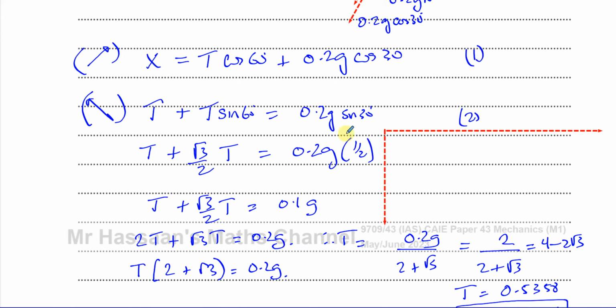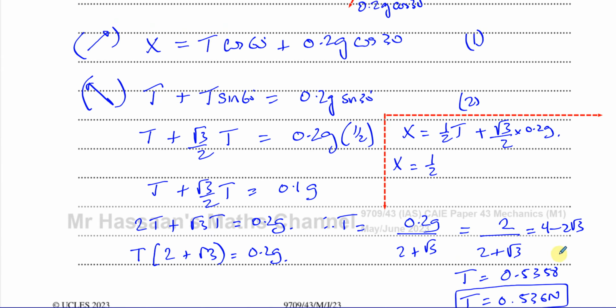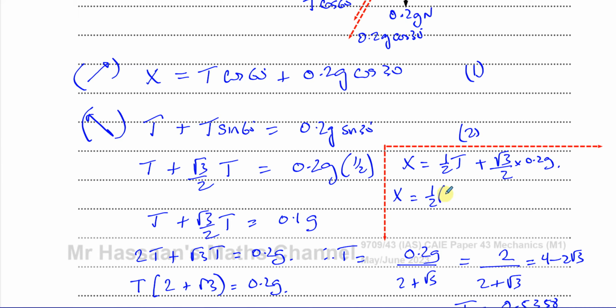So I've got x equals t, I'll just keep it as t for now, t times cosine 60. Now the cosine of 60 is a half. So it's going to be a half t plus 0.2 g times cosine 30. Cosine 30 is root 3 over 2, so root 3 over 2 times 0.2 g. So x is going to be a half times t, which I'm going to keep in this form, a half times 4 minus 2 root 3, plus, because I'll use g as 10 now,